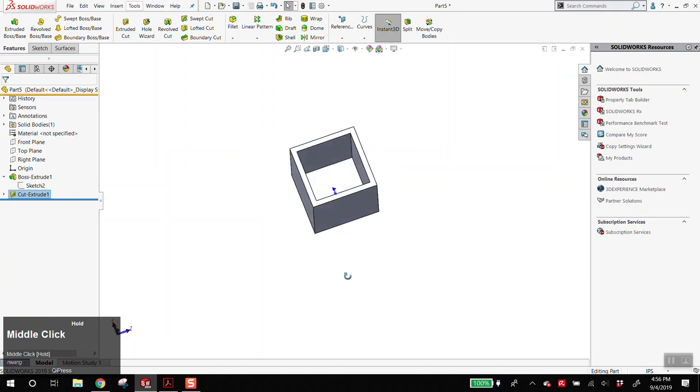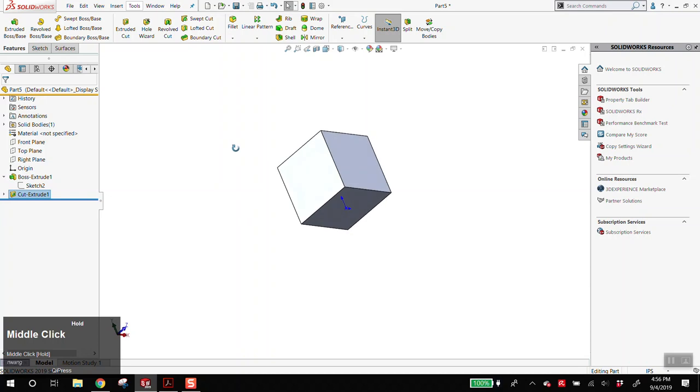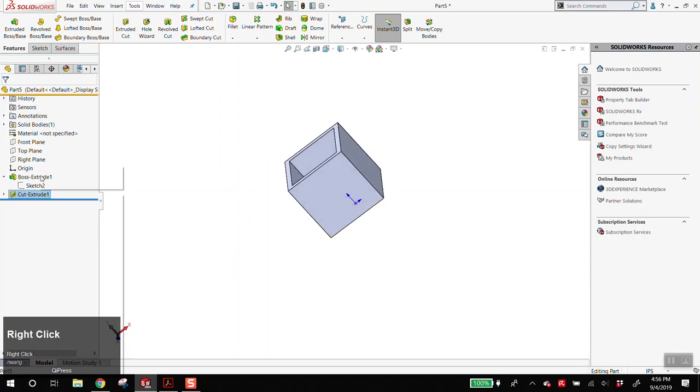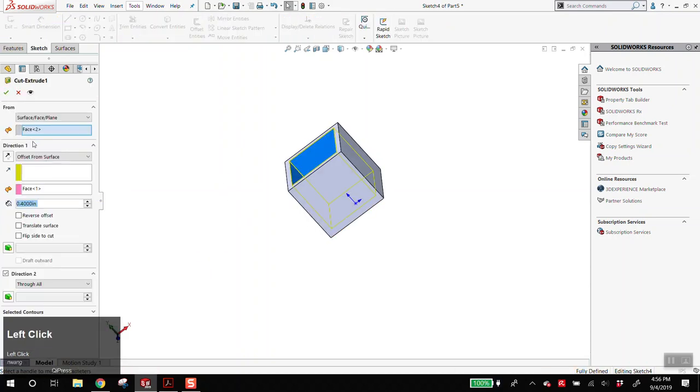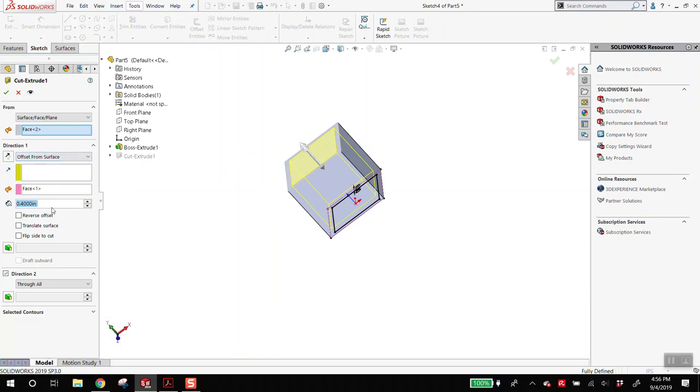And then click check. All right, cool. Does everyone have something like this? All right, so let me show you why you might want to do this offset cut like this,